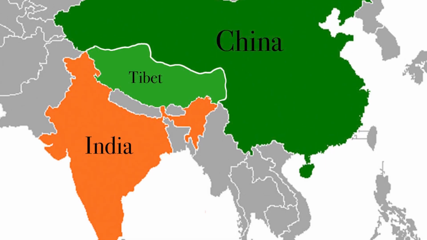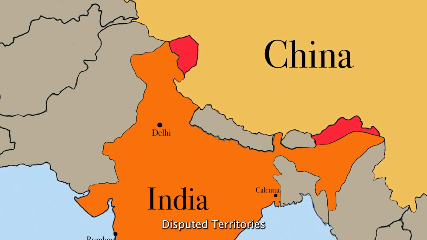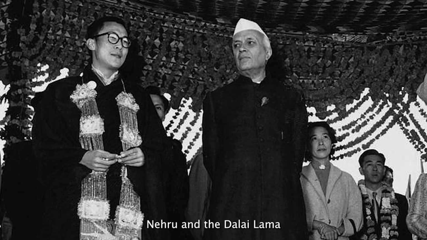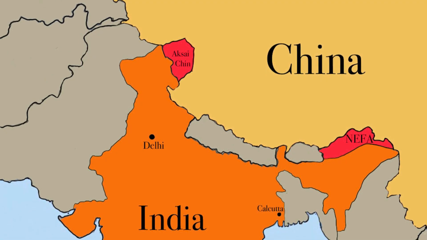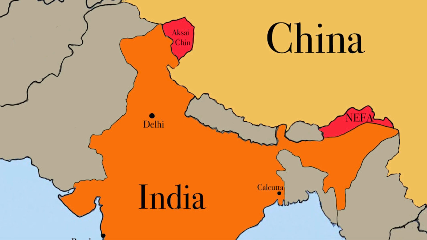But when China annexed Tibet, it brought the countries in direct contact with each other, and then China started to dispute its border territories with India. Eventually, India gave refuge to the Tibetan government in exile and the Dalai Lama, and things started to escalate on the border with China. Finally, in 1962, China launched a massive preemptive strike into Aksai Chin and the NEFA,